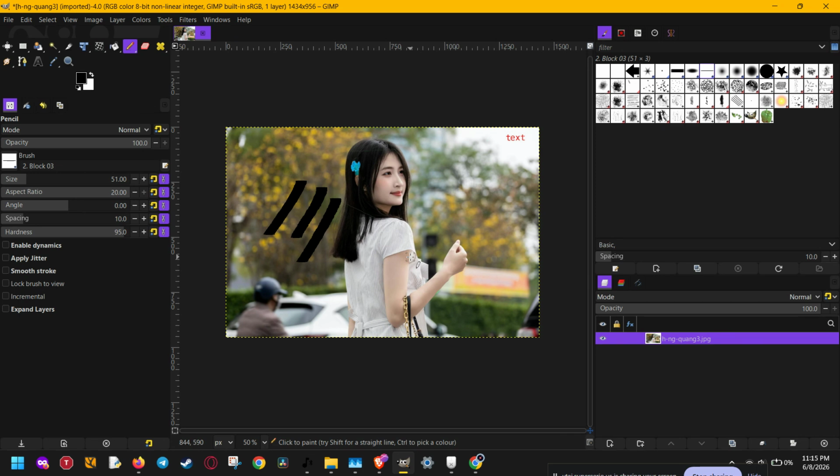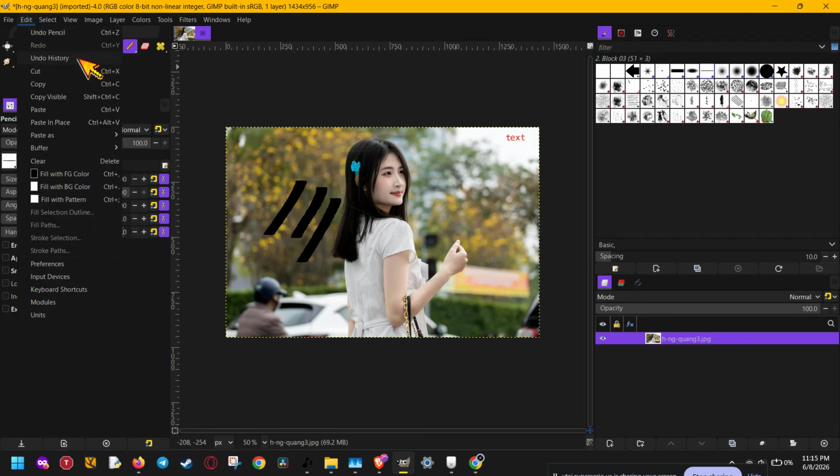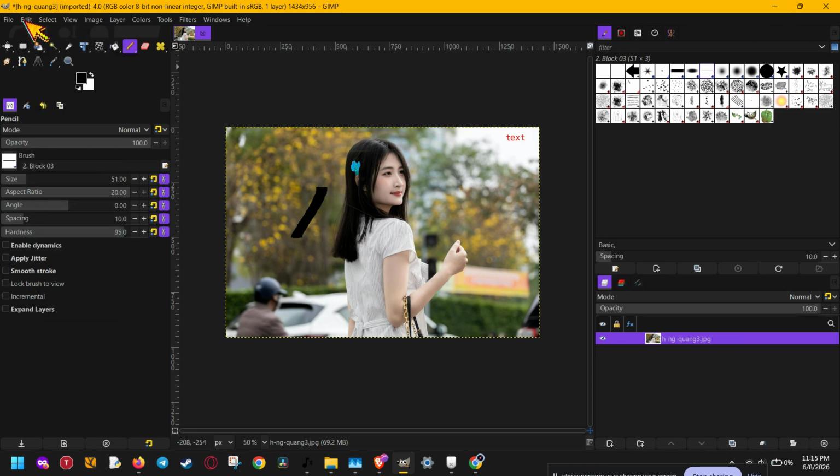You can also undo and redo from the top menu. Just click Edit in the menu bar at the top of GIMP. From there, choose Undo, followed by the name of the action you just performed. For example, it may show something like Undo Paintbrush or Undo Crop depending on your last step. This is helpful if you prefer clicking through menus instead of using shortcuts, or if you want to confirm exactly